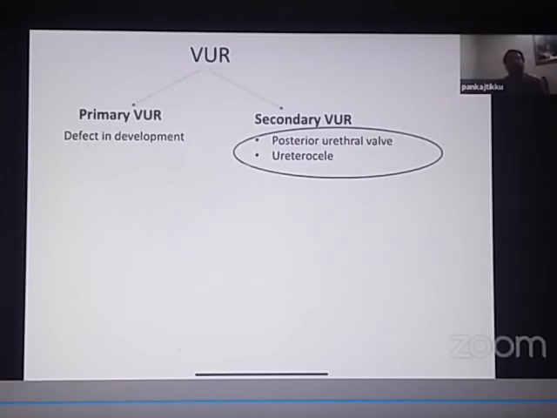Vesicoureteric reflux can occur because of two reasons. Either there is a defect in the development of the urinary tract. There is no other abnormality in the urinary tract, but the urinary tract is not properly developed. This type of vesicoureteric reflux is known as a primary vesicoureteric reflux. So it is not occurring secondary to any problem. It is a defect in the development of